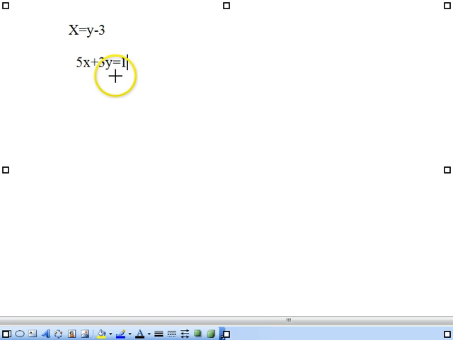Alright, so you have 5x plus 3y equals 1. So you're simply going to come down here and start rewriting your equation. You're going to rewrite your 5, but then when you get to x, up here you have what x is equal to. x is equal to y minus 3. So you're just going to plug that in for x. y minus 3. Okay, then you're going to keep writing your equation. Plus 3y